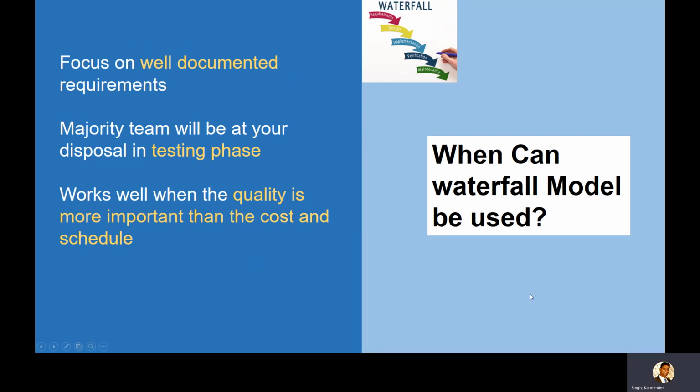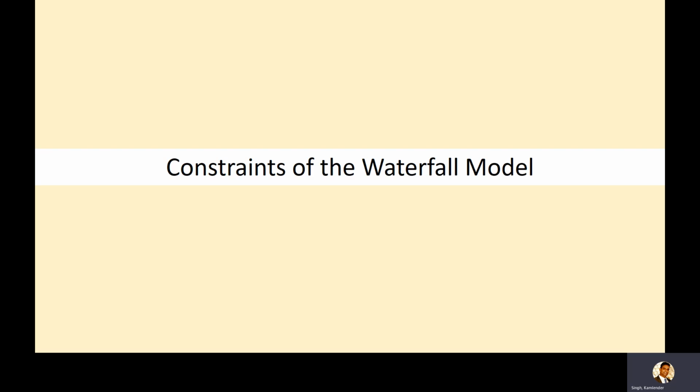When quality is more important than cost and schedule, of course, we can bring in built-in quality in Agile also. But in this, because of the phase gate approach, because of the milestone-based approach, because of absolute clarity about the project throughout its implementation, be it 3 years or 5 years, it helps for those projects. We have seen the benefits, or where the waterfall model can be implemented.